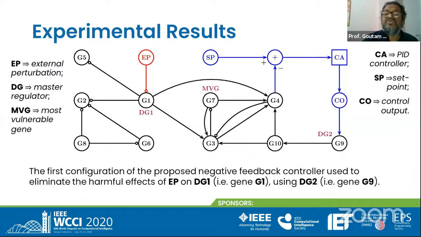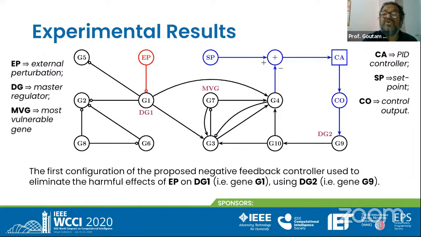Got my point? So when G9 is disturbed by ourselves through this control rectification, G9 will give perturbation to G10. G10 will directly affect G4, and G10 will also affect G3. G3 will also affect G4 with all its branches. G3 will also have an influence on G7. G7 also affects G4. So in this way, the effect of EP on G1 is being nullified by another